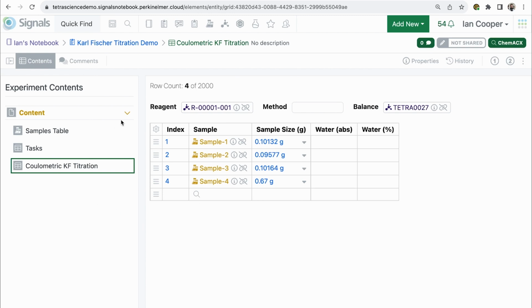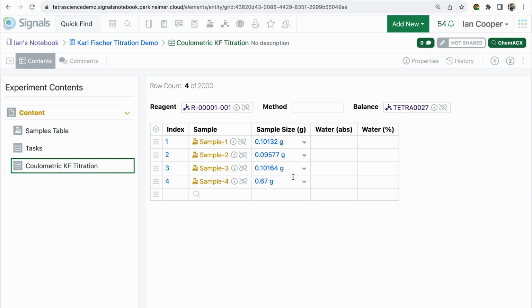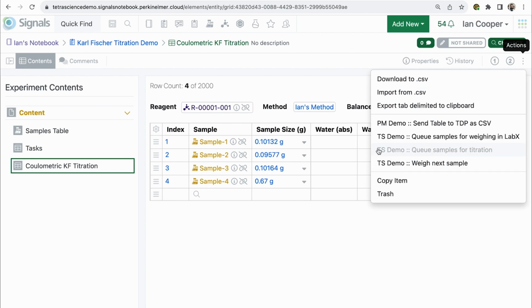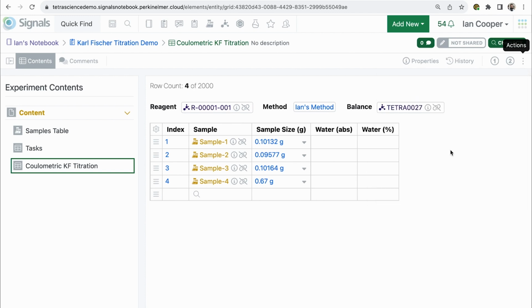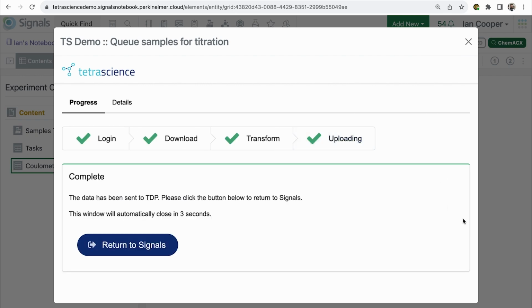I'm starting here in Signals notebook. I have a table which has a list of samples and some information about the samples that tiamo will need. I'm going to select a method here that corresponds to my methods that I have set up in my tiamo software, and in the Actions menu I'm going to queue the samples for titration. This launches the Tetra Signals connector, which uploads the file,